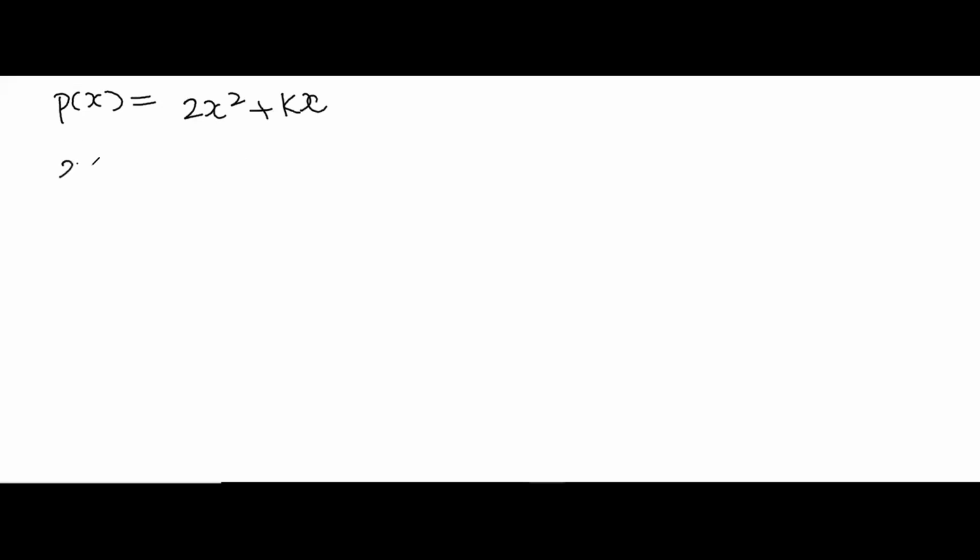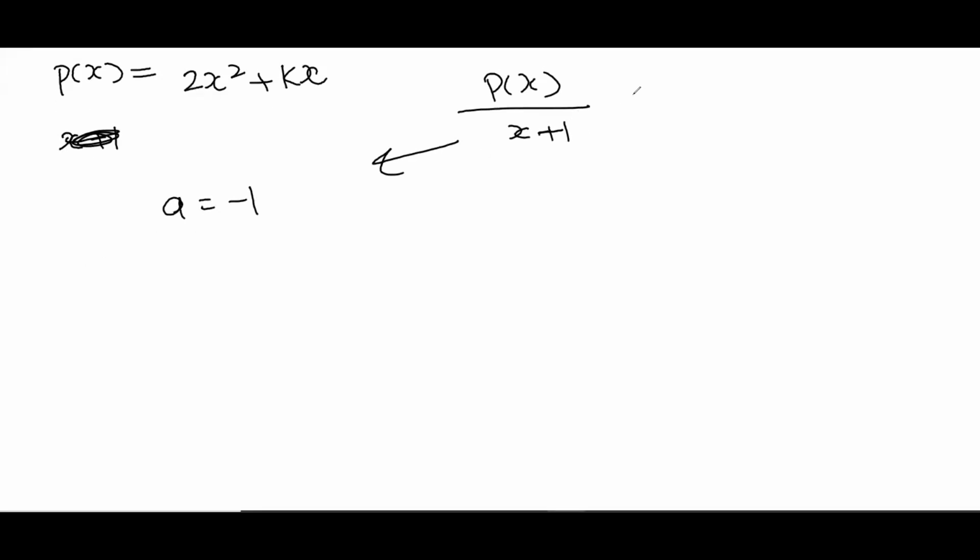Okay. And as you guys said, let me just do it like this. So from here we can say that a is equal to -1 as Mridula said. Then that means the remainder is going to be equal to p of -1. And Hamna was giving us the value of p of -1. She said that p of -1 will be. Would you like to continue or shall I write it? Just start dictating and I will write it.